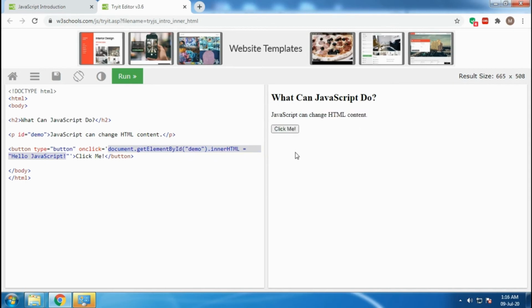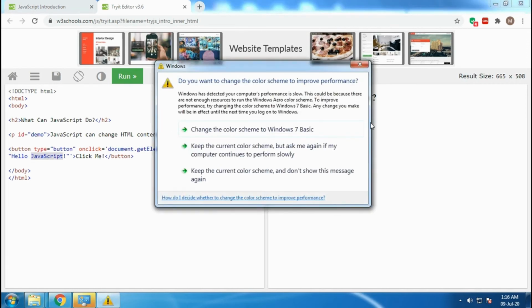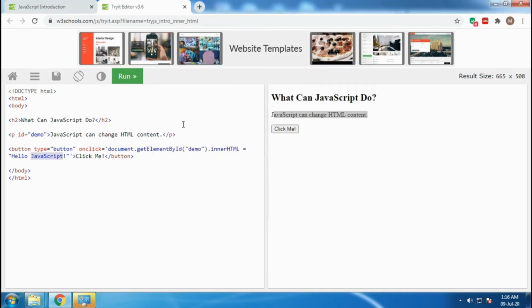To make things interactive, we have created one button. Clicking on this button, I want this text to be changed to Hello JavaScript. Whatever is written, JavaScript can change HTML content, should be changed.